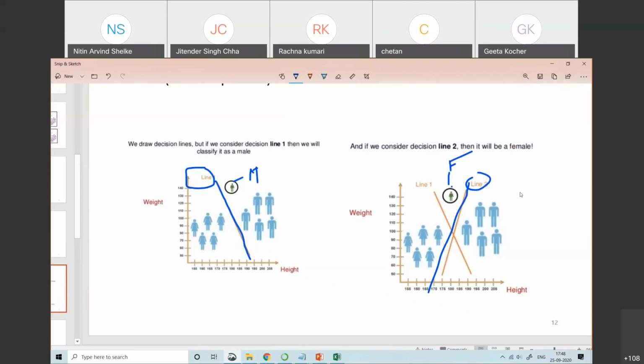Now we need to select which one we want, line 1 or line 2, and it should depend on what? It depends on our strategy, right? The standard way to select the hyperplane. So tell me which line becomes your hyperplane, line 1 or line 2? Question is, which line is your hyperplane?